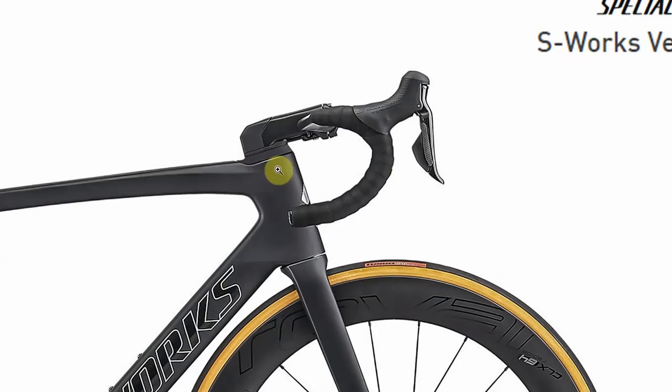they've gone for the sort of Propel thing where the cables are coming in here, maybe widened up this head tube. As I was saying earlier, it looks like a one-piece aero bar, but you can actually adjust the handlebars, so that's quite a good step forward, I think. Again, very similar to the Tarmac at the back here, except just